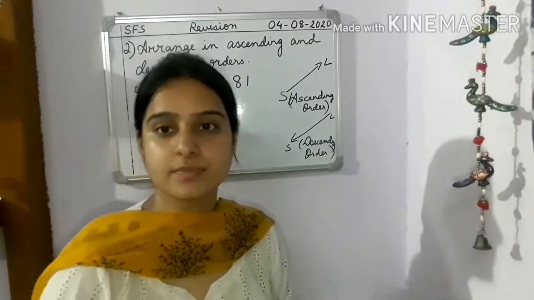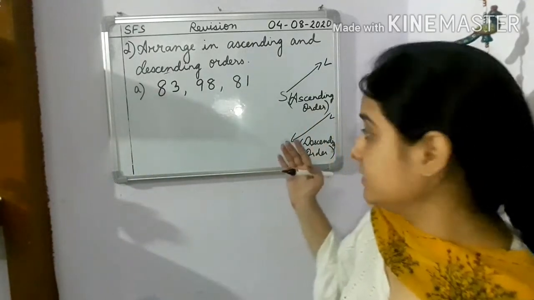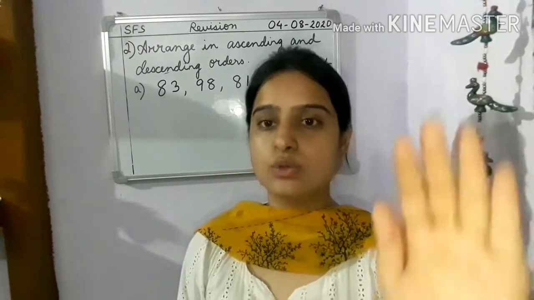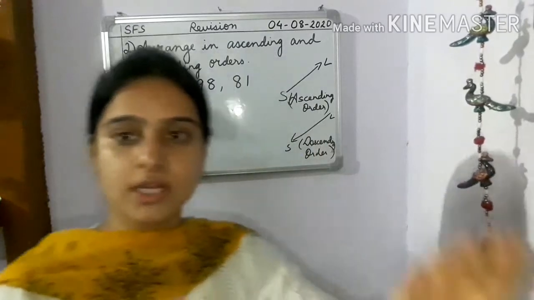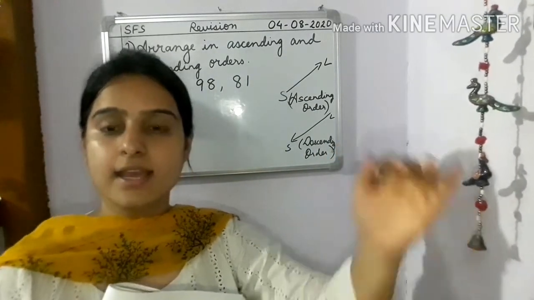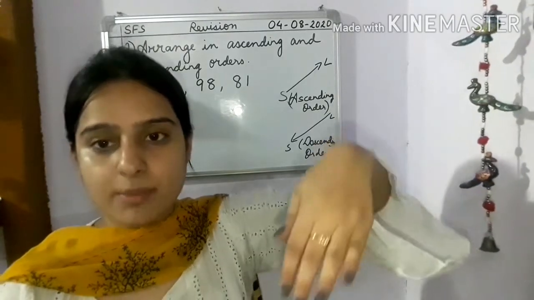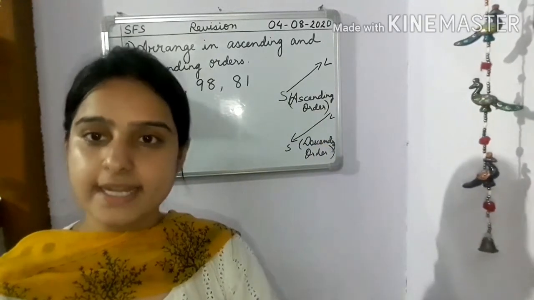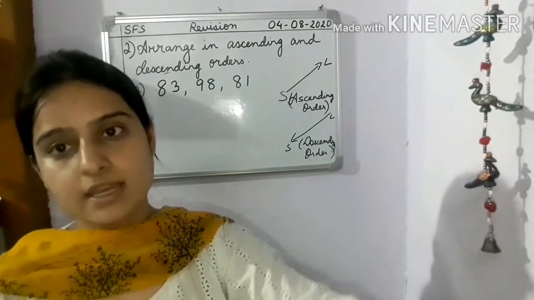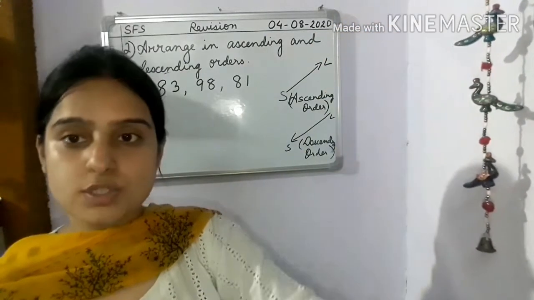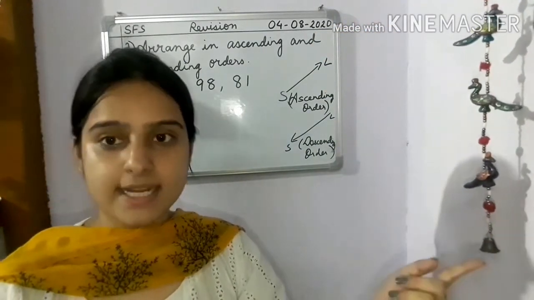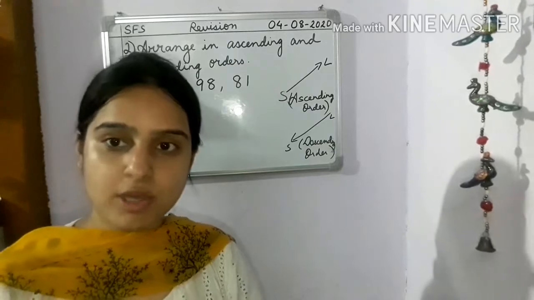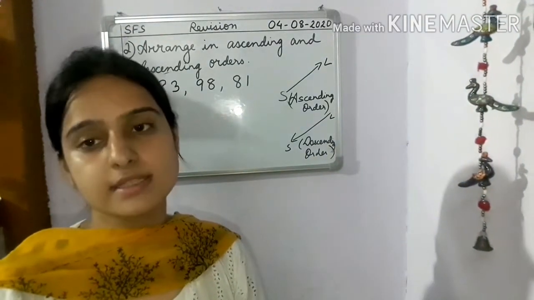Now, children, I would like to explain to you that ascending means when you go up the stairs, children, you go from down to up. Isn't it? That means from smallest to largest. That is your ascending. And when you come down the stairs, that means you are coming from top to down. That is from largest to smallest. That is your descending order. You are coming down means descending, from biggest number to smallest number. And ascending is what, children? When we go up the stairs, that is from smallest to largest. We have to arrange the numbers this way.